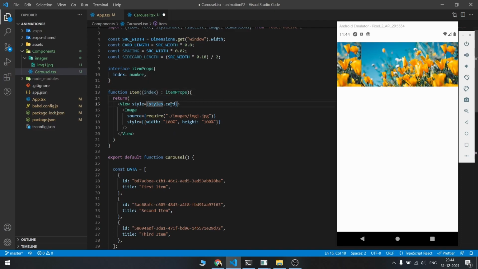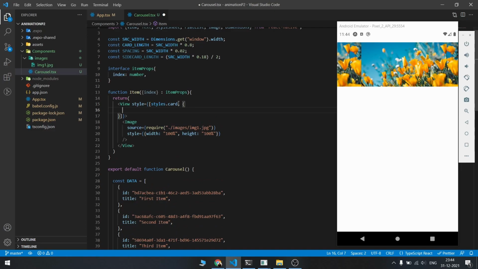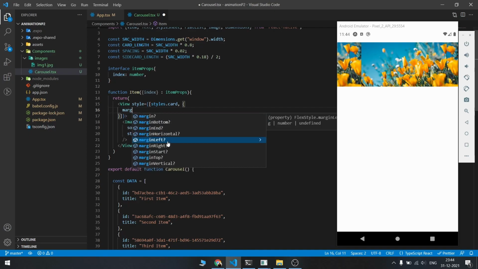So we already have a style here. So what I'm going to do is I'm going to create an array of styles, and this will be our custom style here. So we have to run a few checks here. Assign the property first.